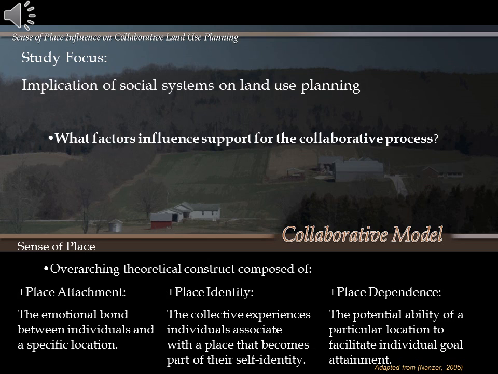And so the other part of this is that I had been working with this notion of sense of place. As I got more into sense of place, what I found is it's not one construct, it's actually 3 latent constructs. So an individual's place attachment, place identity, and place dependence have an impact on the independent variables from the previous model, so the steps in the collaborative process, and on somebody's ultimate acceptance of the outcomes to protect farm, forest, and open space.